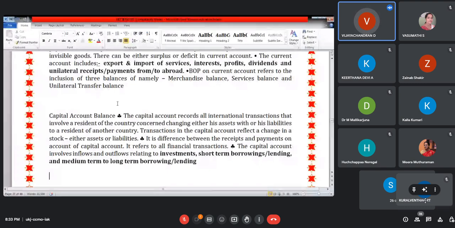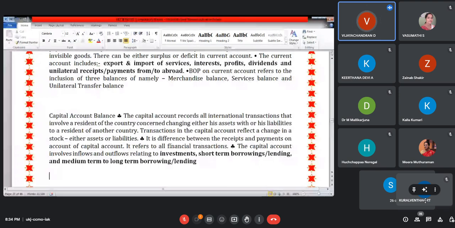So capital account, again I'm telling, the borrowings, the lending of money, the investment. So the investment or the medium term loan, everything comes. But the interest on the loan will not be in the capital account. That you should be very, very particular and peculiar in your answer. So yes, you are lending money, that will be in the capital account. What is the interest? That will be shown in the current account, not in the capital account.